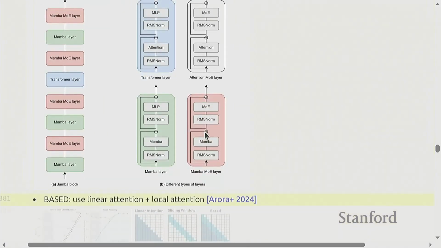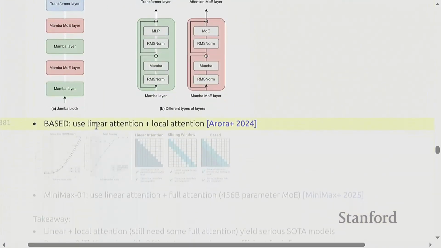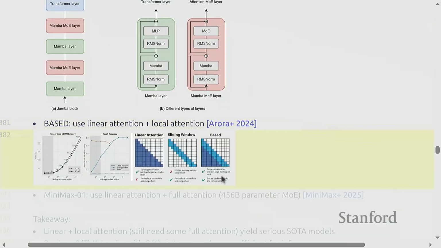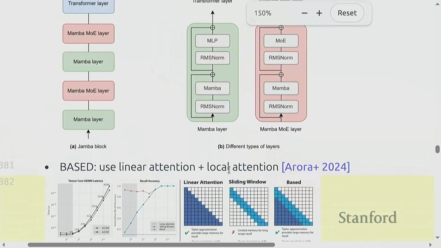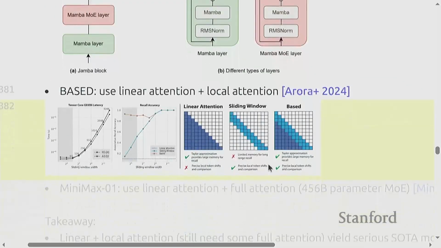But more recently, there's this revival of an older idea called linear attention, which is actually a very simple idea. You know what local attention or sliding window attention is. Linear attention is this idea that in the attention computation, there's a key and a query, and you dot product them, and then you take the exp of that, which is giving you an exp kernel.